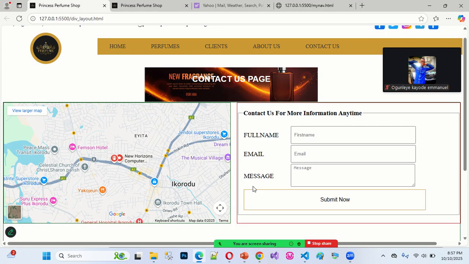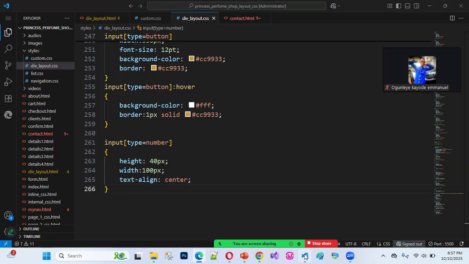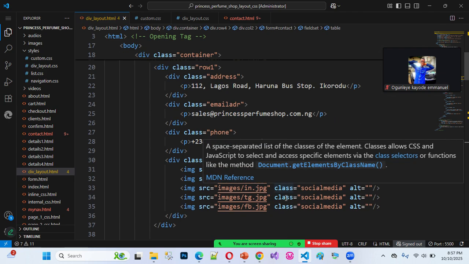So let me see how the form now transforms. Can you see now? That is it. So that means without even using that particular padding, you can see there's more space. If I want this particular form to have more space between them, because they might be looking too close here now, I can return back to the layout here, return to the form